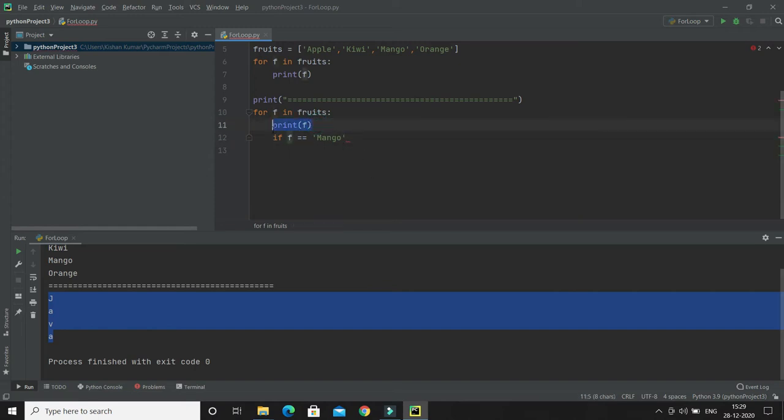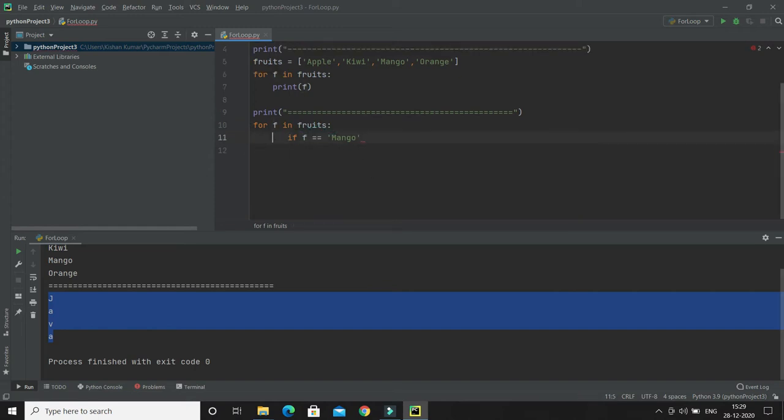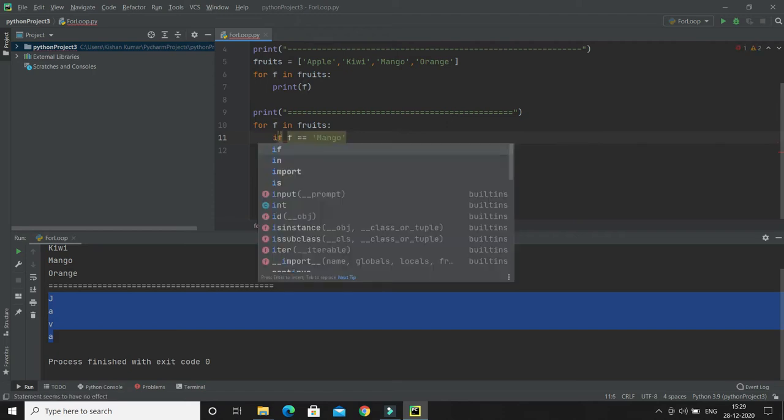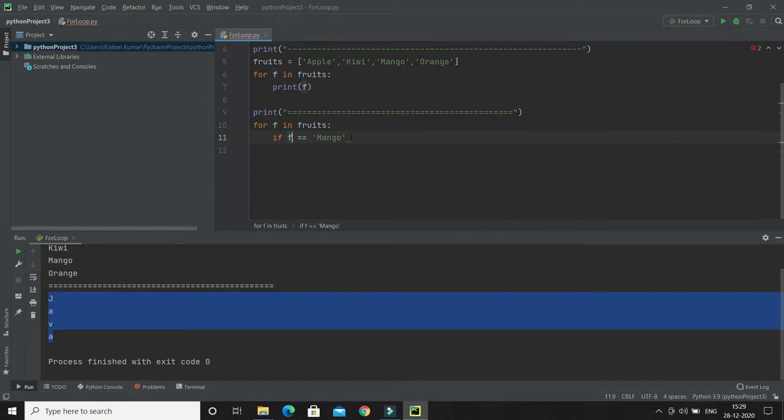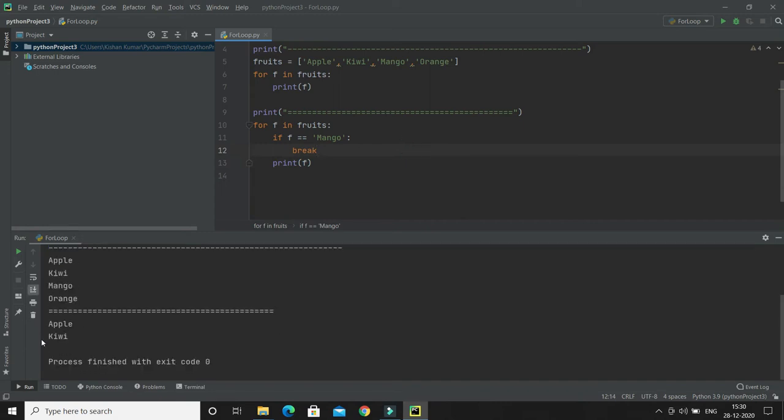So if I'm iterating every item from this collection, and the value of fruit is mango, then I would like to do the break, else I will print the item. Pretty simple. If I run this application, then here you can see apple and kiwi got printed, but whenever we encounter mango, then we exit from the loop.